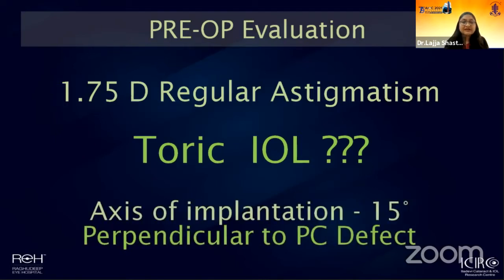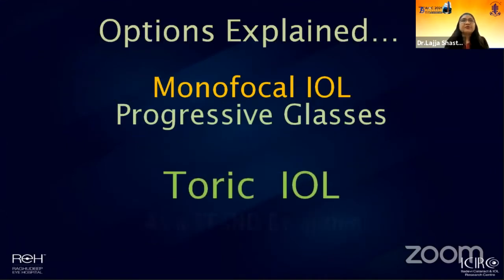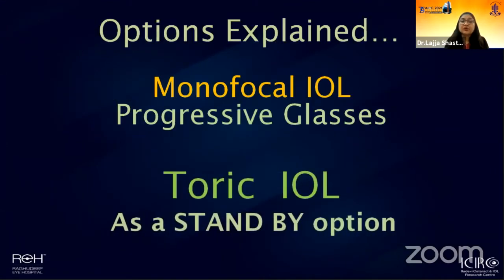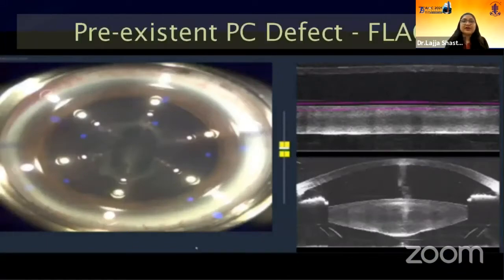But then we saw that the axis of implantation in this particular case would actually be perpendicular to the line of axis of the PC defect. So we were hopeful. We explained this possibility to the patient, ensuring that he understood that only if we thought that the capsular support was adequate will we put the toric lens, otherwise a monofocal lens. He agreed to keep toric lens as a standby option, and fortunately, he also agreed to femtosecond laser-assisted cataract surgery,